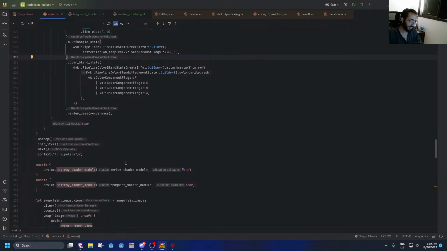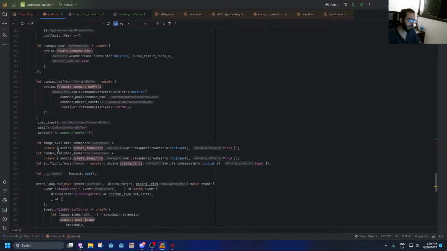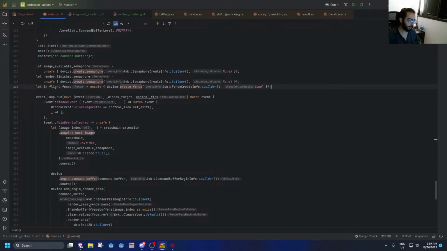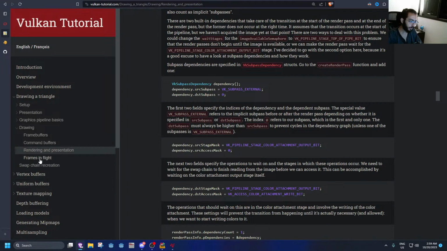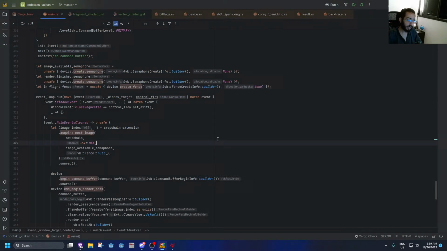Right. Alright. There is one little thing, which is we don't need this variable. And yeah, there's some other stuff that we could also do later on, like the in-flight fences, the frames in flight, and the swap chain recreation. But yeah, for now, for this live stream,